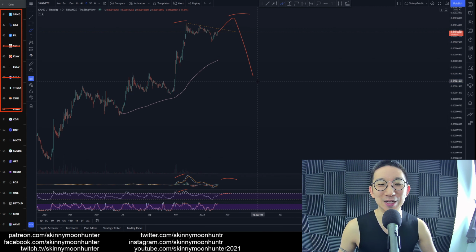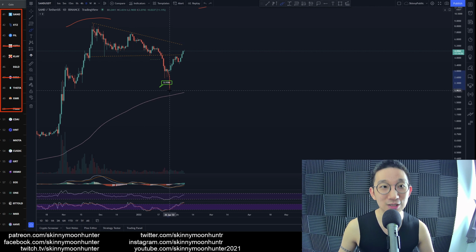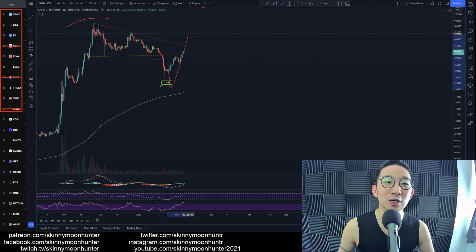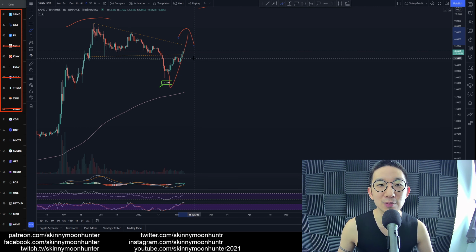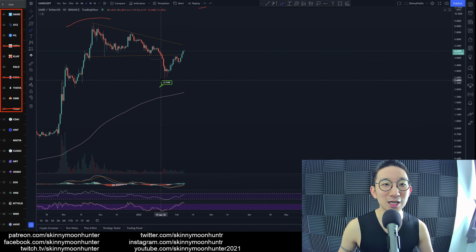Sandbox against USDT. Same thing. We've already risen back above the resistance line, right? For Sandbox against USDT, we actually have target number 2 over here, and we were expecting target number 2 to hit first before seeing some sort of a rally back up for Sandbox, but we did not hit the target, and so that's it. We continue rallying higher. We've already risen back above the support line, and so this target is largely invalidated.